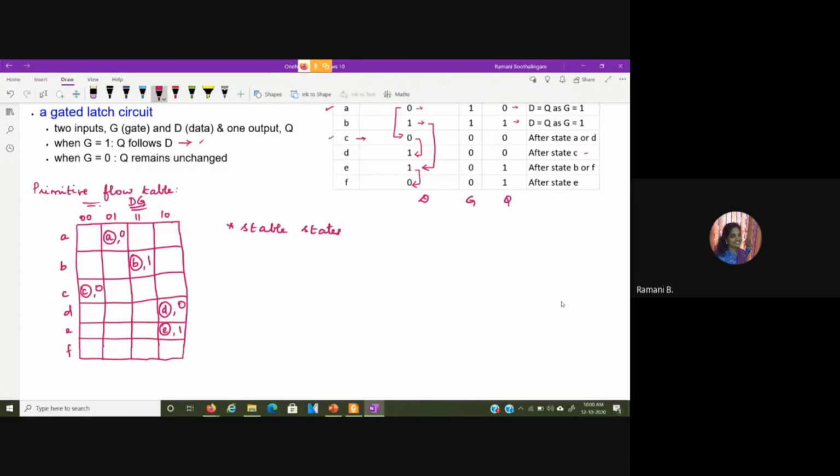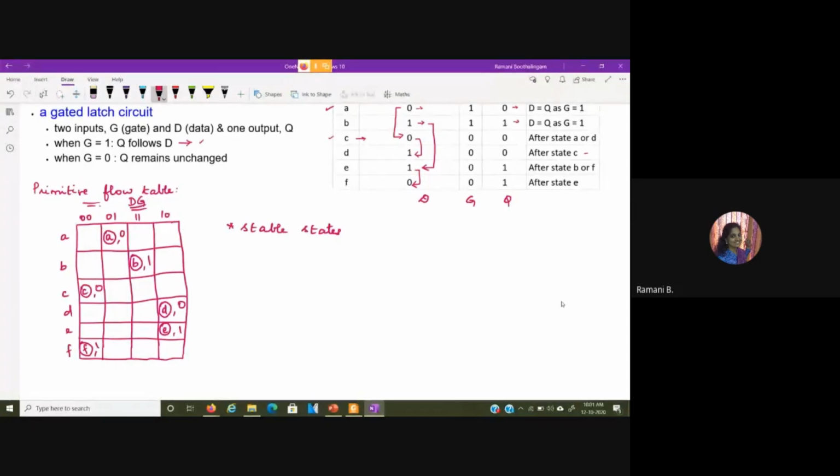Next, for F, the input condition is 0, 0, and the output is 1. So F, this is 1. Whatever input combination and outputs we have, we mark those as stable states. Next, here you have the input variables D and G to be 0, 1 for the stable condition.